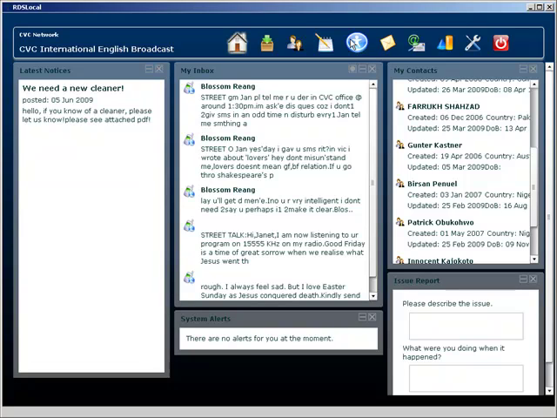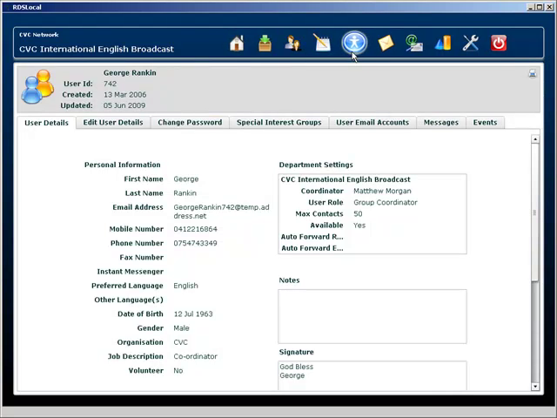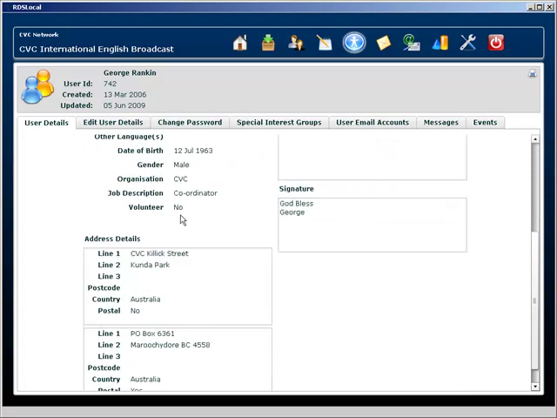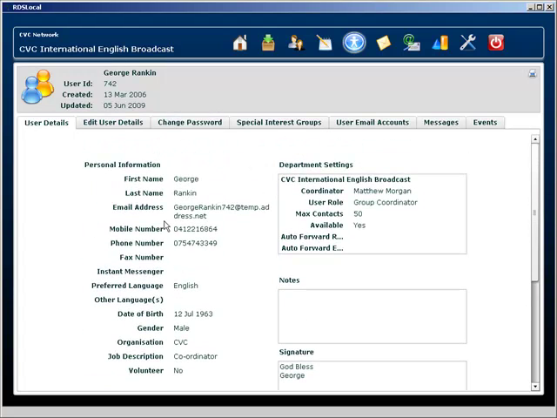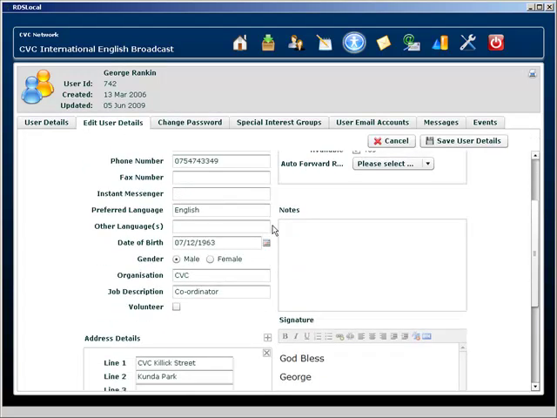So we're going to jump into my profile by clicking on the icon up the top. Here's the user I'm logged in as. I'm not really George, I'm Joel, but I'm logged in as George, don't tell him. George Rankin, and I get my user ID as well, when I was created and when my details were last updated. It gives a brief overview of my personal details, which I can check, or as an admin can come and check as well. So I can go and edit my details if I choose to, if I've been given